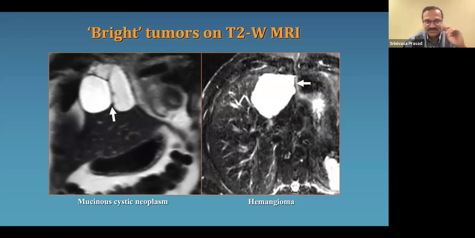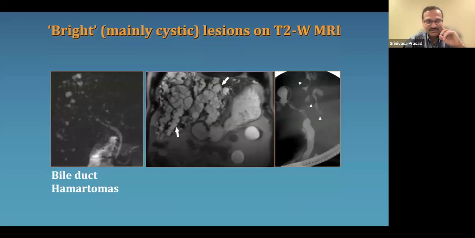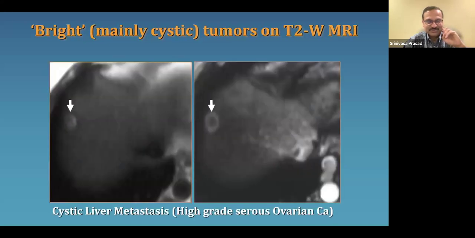So these are the so-called bright tumors on T2 weighted images. And as already shown, an example of bile duct hamartomas, or even in this case a peribiliary cyst, you can have